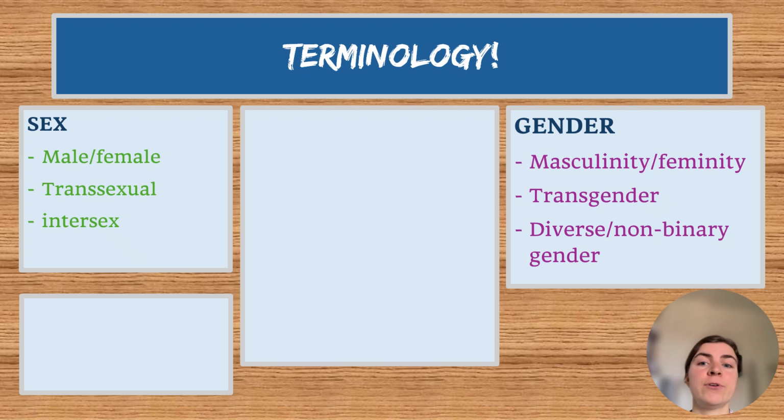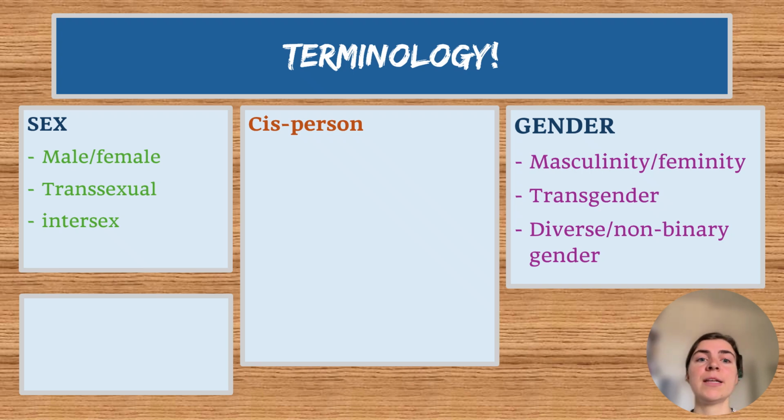And then we also have diverse and non-binary gender. Important here that it's about diverse and non-binary gender. So these would be categories that don't fit into this masculinity and femininity distinction, more or less similar to intersex, but intersex usually does not necessarily align with diverse and non-binary gender. Intersex people are usually assigned one sex at birth, so an intersex person is very likely to become male or female through surgical intervention, or just because people say, okay, this seems more prevalent, so I will just say that this person has this sex, and then they will be assigned a gender role in society.